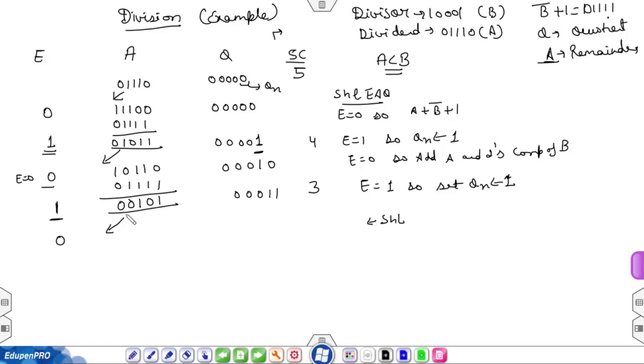Now after shifting it will become 0 1 0 1 0 0 0 1 1 0. Now again E is equal to 0, so add the 2's complement of B to A.